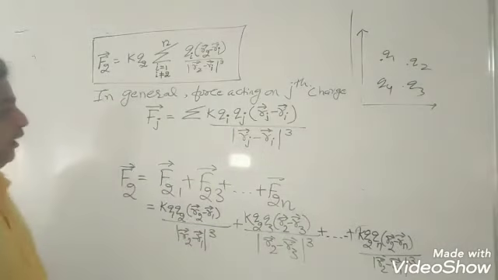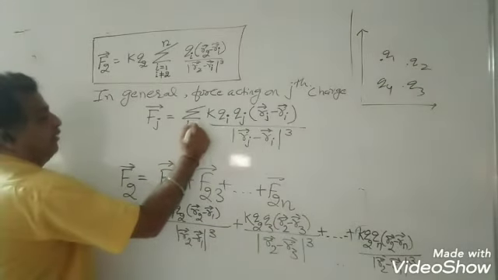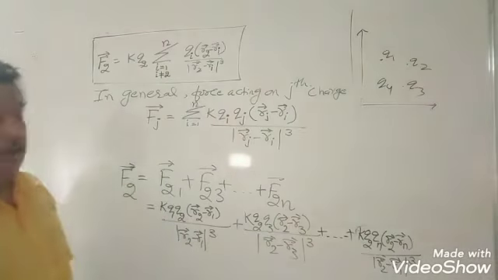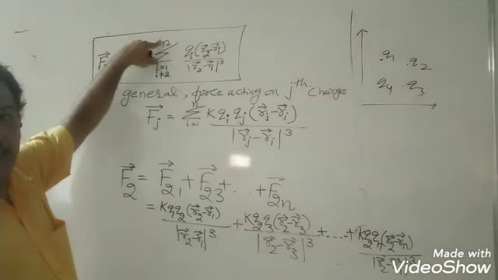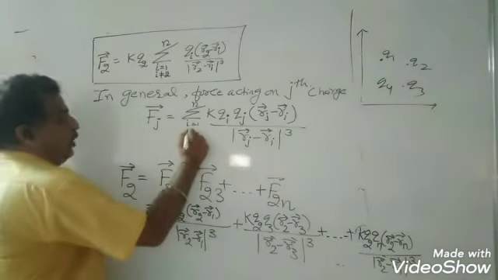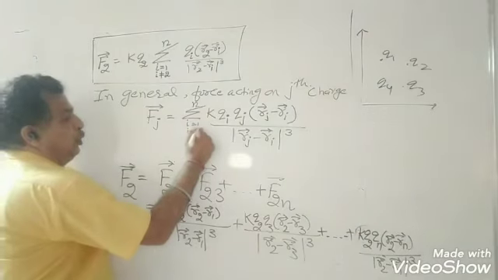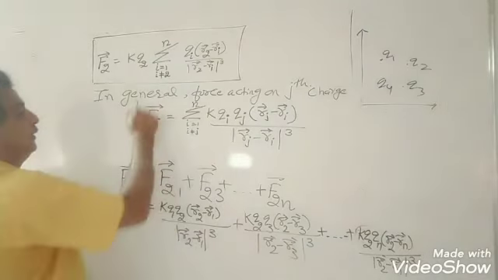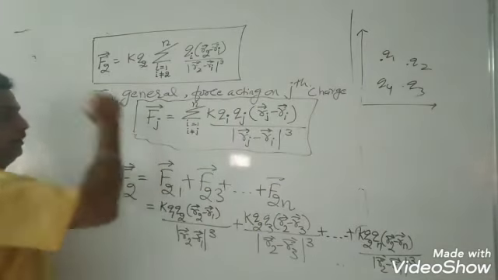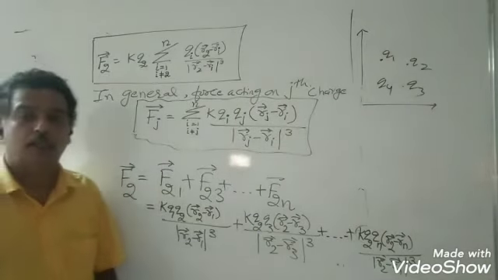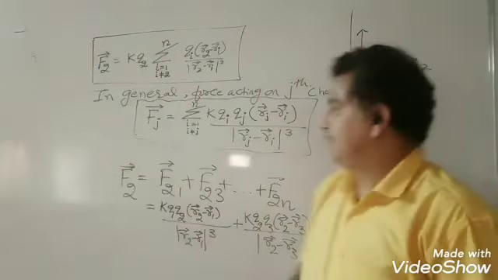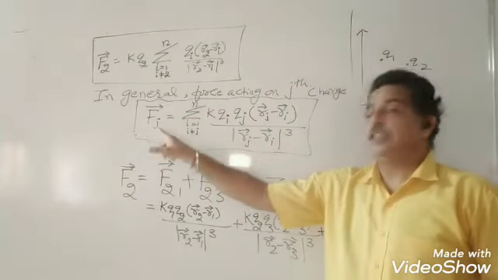अब कंडीशन देख लें. I is running from 1 to n. तो I is running from 1 to n जैसे लिखा था. I is not equal to 2. 2 की जगह भी J है. So I is not equal to J because कोई भी चार्ज अपने ऊपर फोर्स नहीं लगा सकता. So this is the general formula for a superposition principle. In this, you are finding the force on J.